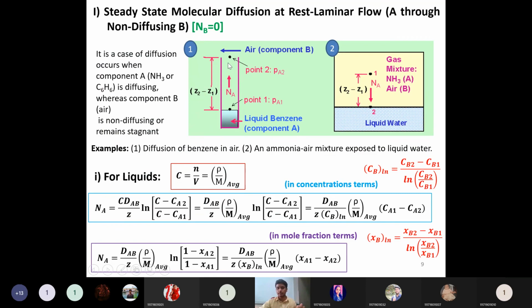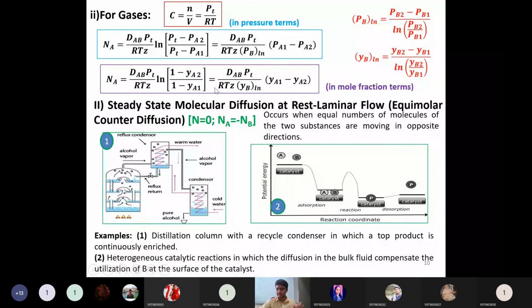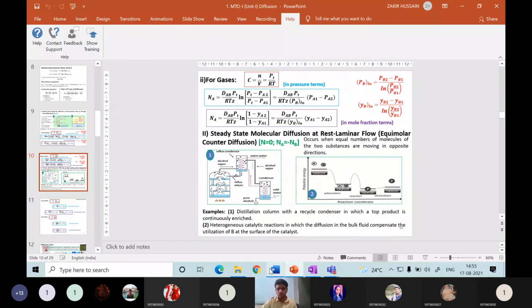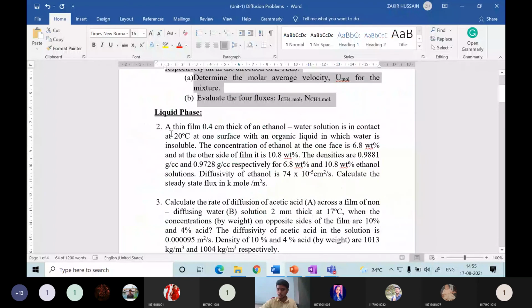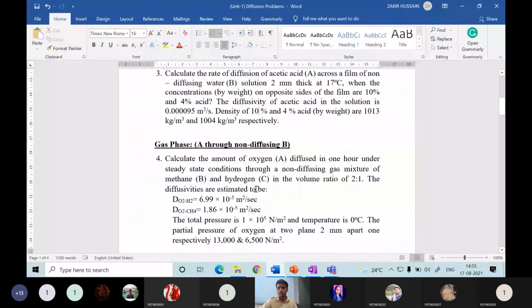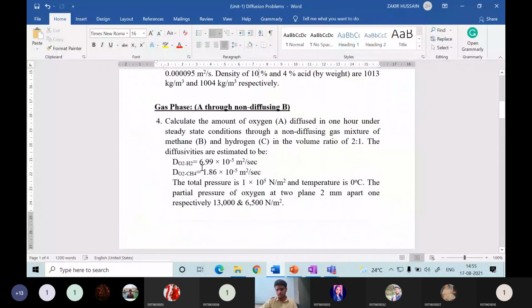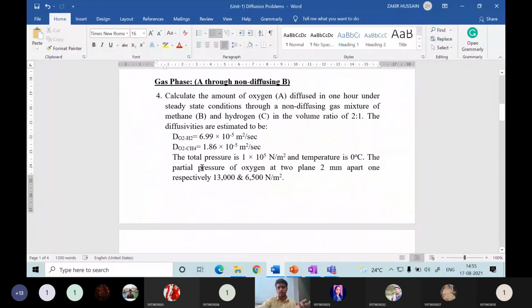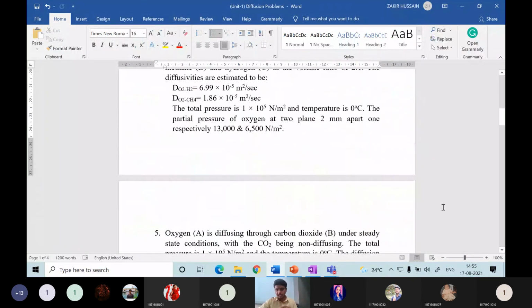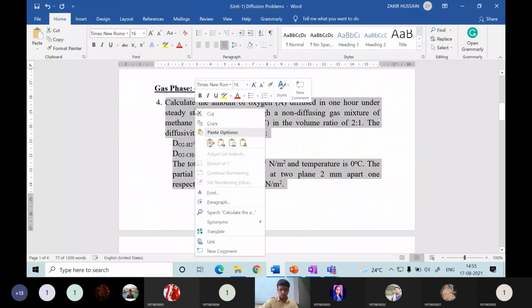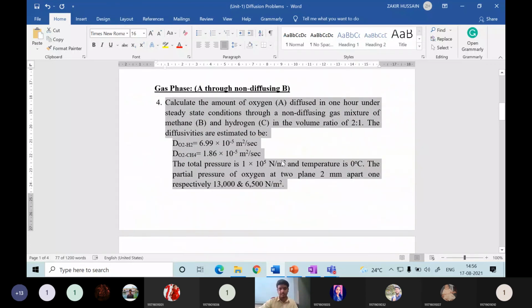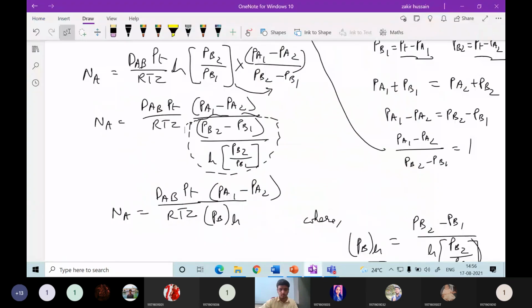The same formulas, the previous liquid case, every formula I have written here, and today's gas case also I have written here. Okay, in the next class, we will try to solve some problems based on this. So the liquid phase, these 2 problems we already solved in the previous class. Now we will solve the gas phase problems. For the time being, 5 minutes are there. Let us take this one and try to write the given data at least. From tomorrow we will try to solve everything.